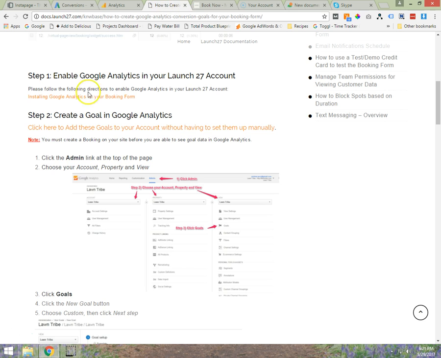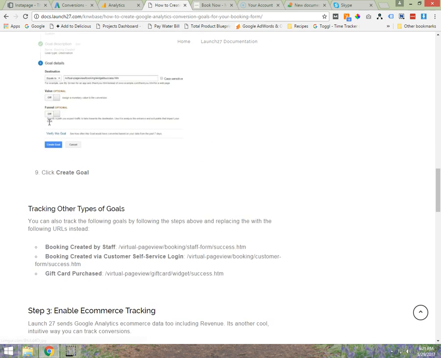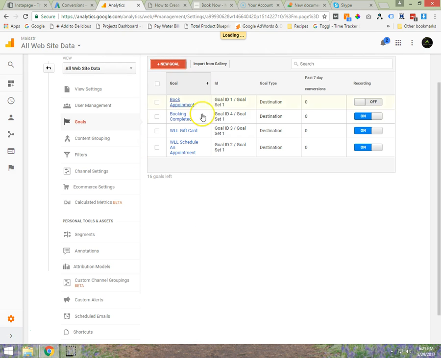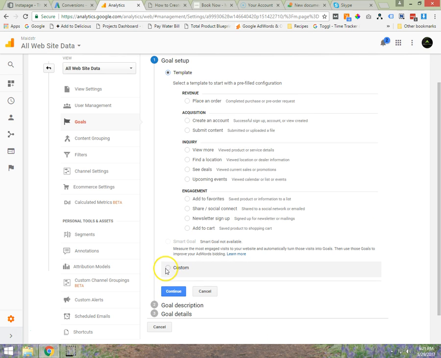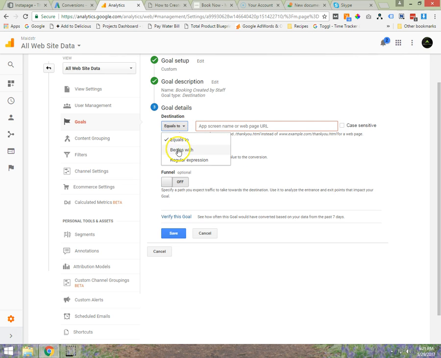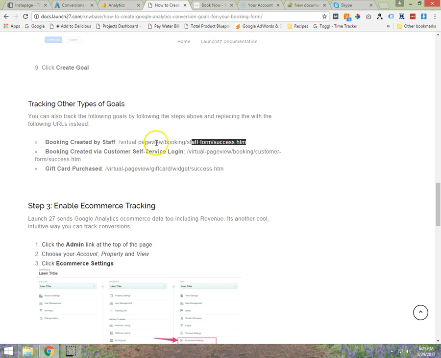So now we'll do a new goal, and we'll just grab the code off of this page. Down here you can see the other goals we can track. So booking by staff, booking created by a customer self-service login, and gift card purchase. We may as well set all these up because it only takes 2 seconds. But we're not going to pull all these into Adwords. So just copy that name, destination, continue, begins with, grab the URL here,